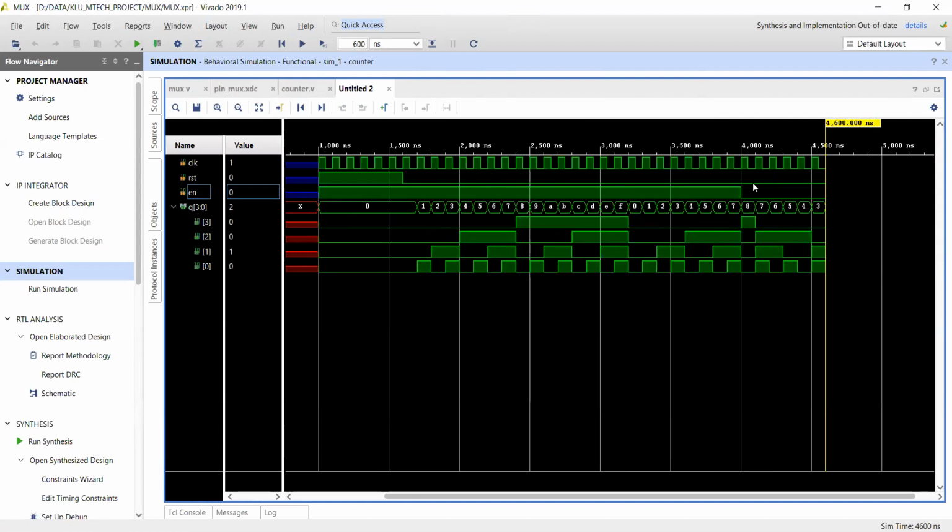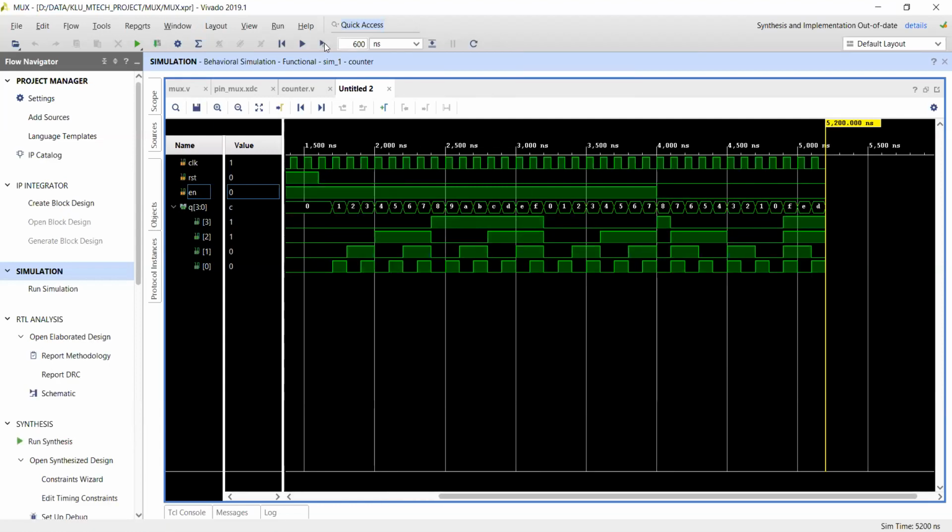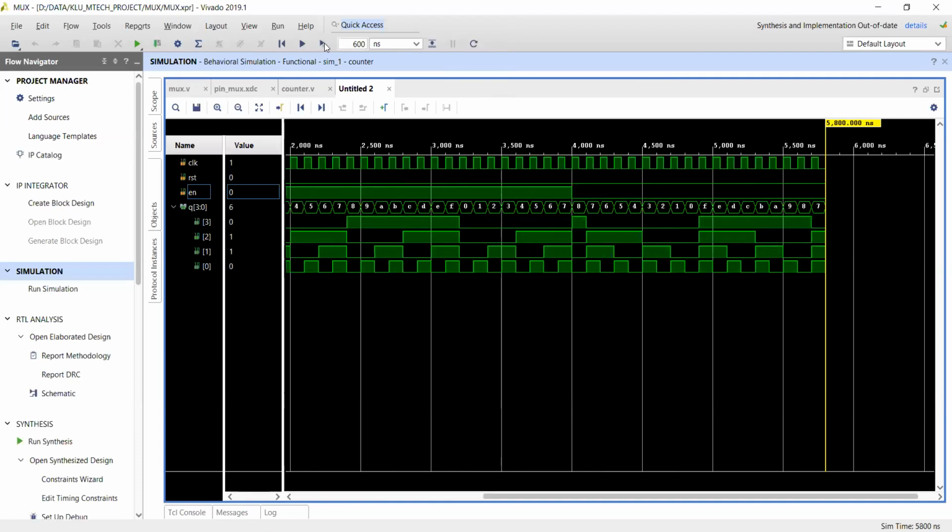Now at the rising edge, the value of the enable signal is 0, reset signal is also 0. Now the value has started, because I said that period to period variation has been there. Now 8, 7, 6, 5, 4, 3, 2, 1, 0, F, E, D. Down counting is going well. Like that, you can easily write the code here. This is the sequential code for a 4-bit counter.